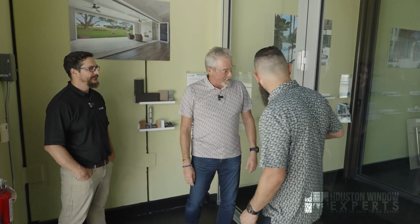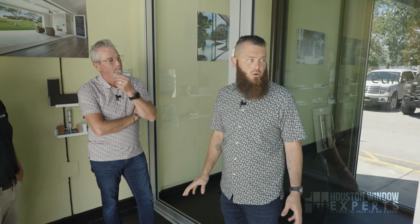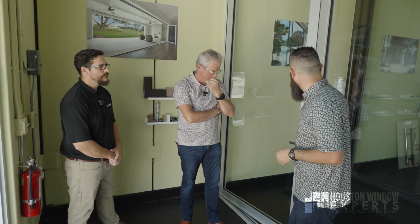So Josh, closing thoughts. Man, I'm very impressed with it. I really like the width. I love this. The first accordion style door that I've seen that you don't feel like you're losing all your glass. You're not completely sacrificing the view for it. And typically we avoid them, don't we? As a company, we hate them. I think that goes to managing expectations and being able to really give the people what they want. But man, just opening this,